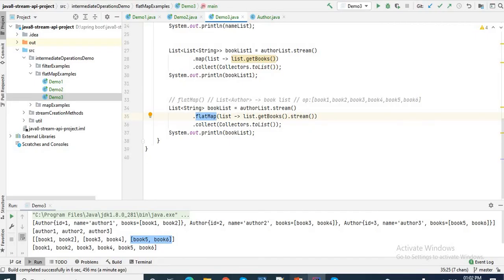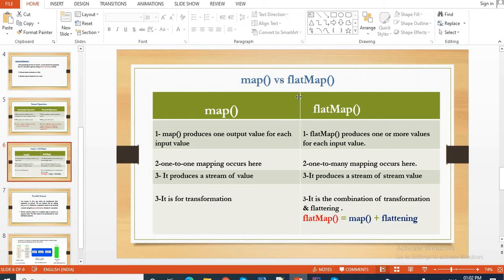Got it? So I hope you understand the map and flat map concept, when we go for map and when we go for flat map, and also the major difference between them. Once again, let me summarize the whole thing. Map produces one output value for each input value, whereas flat map produces one or more values for each input value.